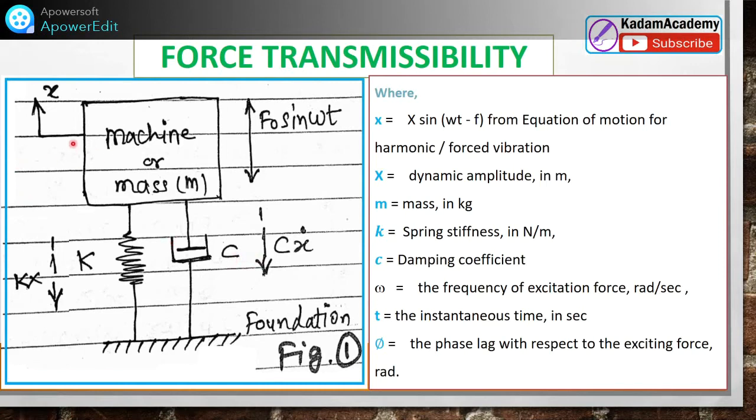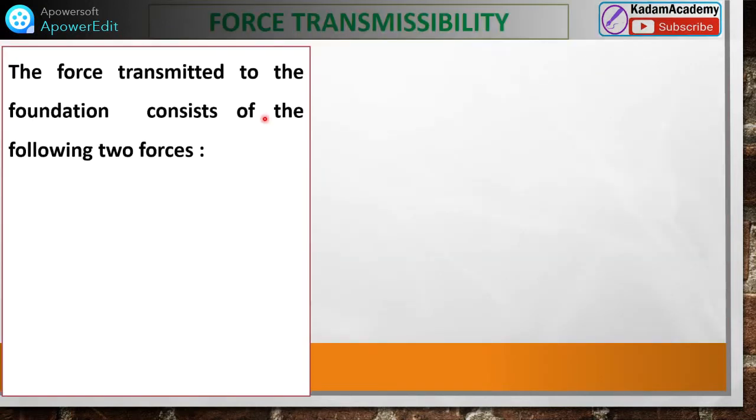In this case, we are going to study the phase lag, that will also be clear to you, because between the force transmitted to the foundation and the excited force, there is a difference, a lag. That we have to find out, how it affects the design of the system. Force transmissibility, already I studied that diagram for the spring mass system, in the case of a force excited system is defined as the ratio of force transmitted to the foundation to the impressed force upon the system.